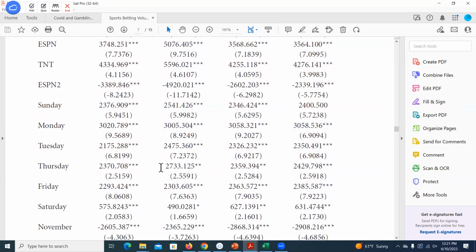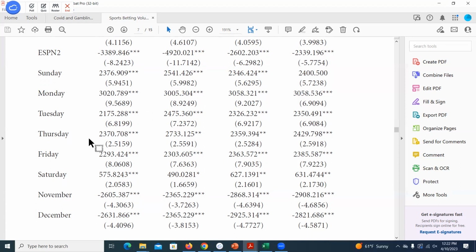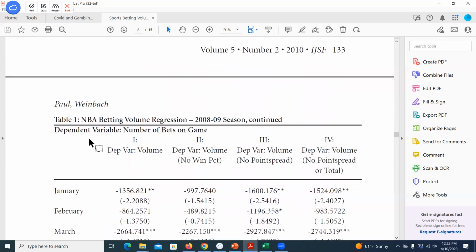Let's see. This is a little surprising to me, for NHL and NBA: the group we left out here was Wednesday. So every other day has a positive additional amount bet, which would tell us Wednesdays are the least bet day. It kind of makes sense. In the middle of the week there's probably more going on, as opposed to a Friday, the weekend, or even early in the week. There's no reason to believe that going into it, but it's interesting that it's the least traffic day for betting.